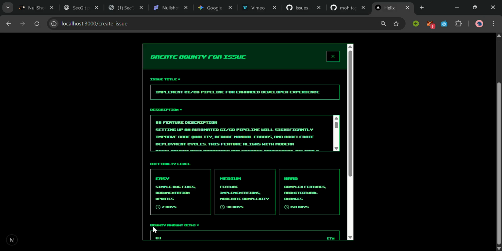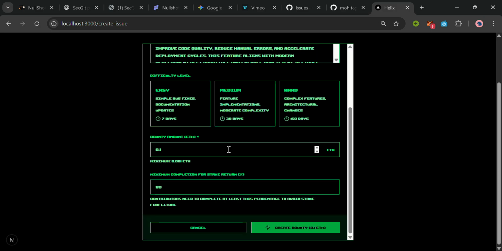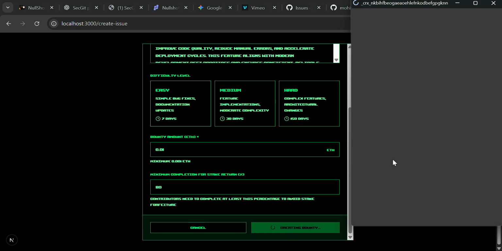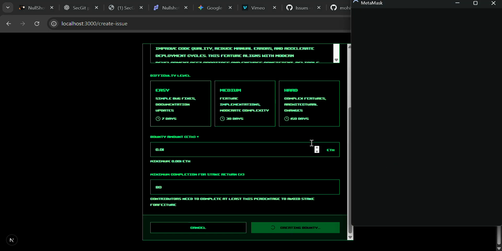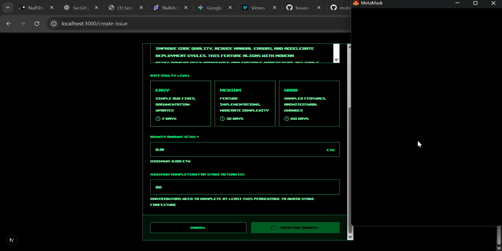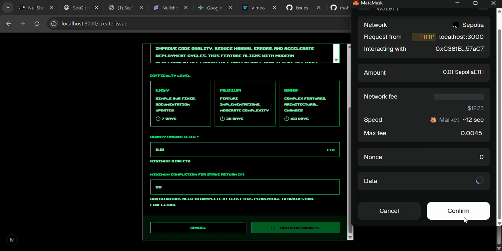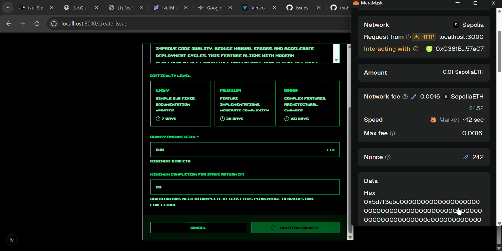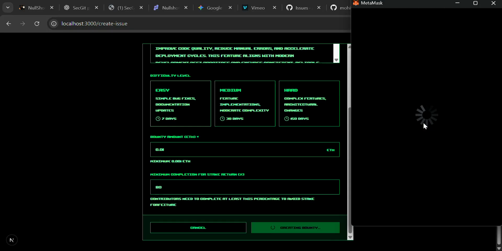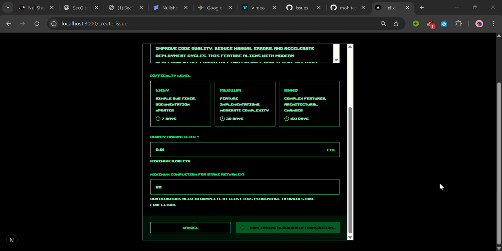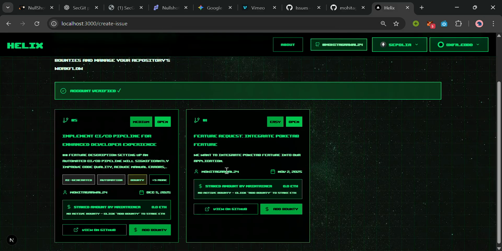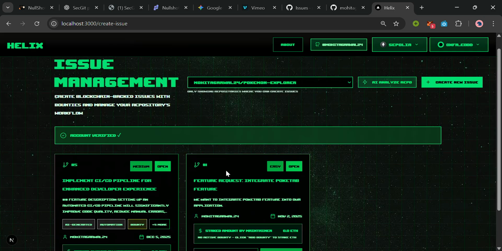Let me add a bounty to this one as well. Let it be 0.01. For this one, the AI has already selected the difficulty level, so I don't need to choose one. So the bounties for both the issues have been created.